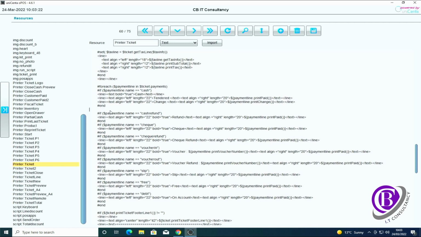So what we do is we put an extra statement in here. So it's a new if statement, and we're going to use the same format as the other ones. Payment line dot name is equals to C card, so for credit card. If it matches that,